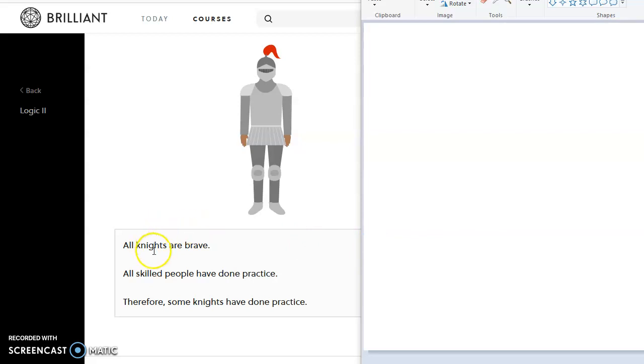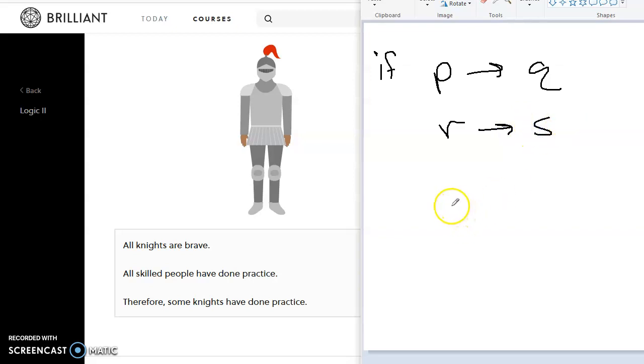In this case, they say all knights are brave. So I'm going to use the letters that all of your worksheets are going to use. If P, then Q. P will be knights, Q will be brave. The other given statement is that all skilled people have done practice, so we'll call that R and S, PQRS, just because. Now, if P then Q, and if R then S, can we conclude